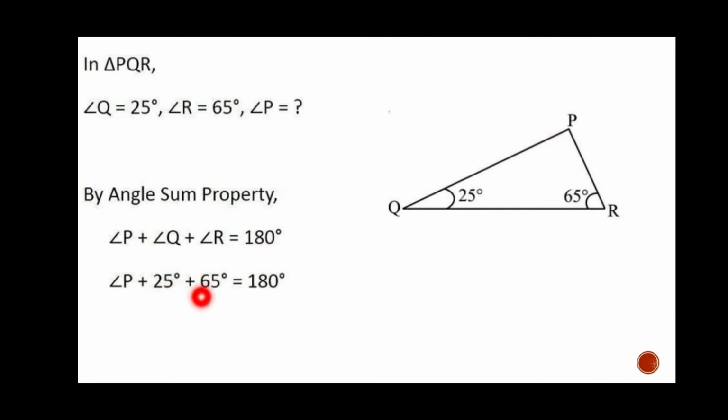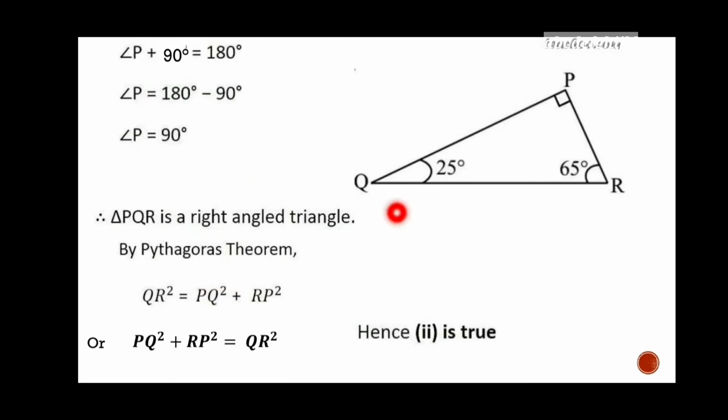So we have these two angles 25 and 65. So 65 and 25 will be 90. So from here angle P plus 90 will be equals to 180 degree, and angle P will be equals to 180 minus 90. This 90 will come this side, it will become minus, and angle P has come 90 degree. So now we have come to know that it is a right angle triangle, and we can apply the